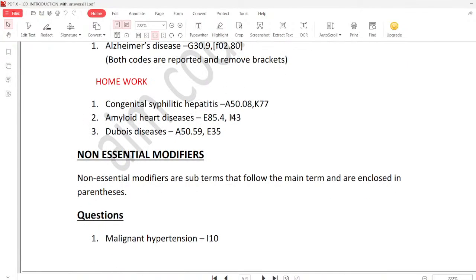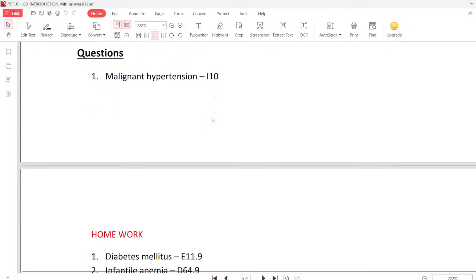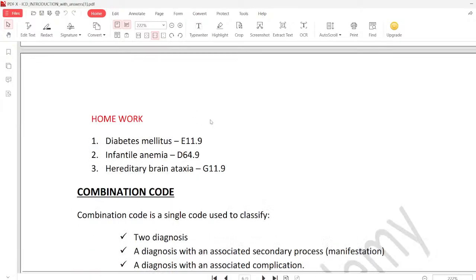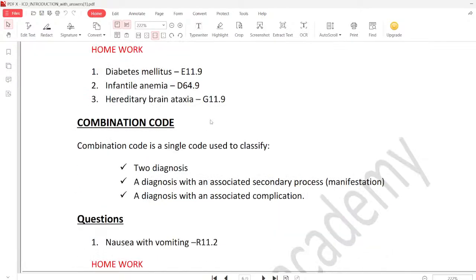Next homework, A50.08, K77, both are same. Okay, amyloid heart diseases, E85.4, I43. And malignant hypertension I10. Next, diabetes mellitus E11.9. So the direct questions. Okay, next is infantile anemia D64.9, hereditary